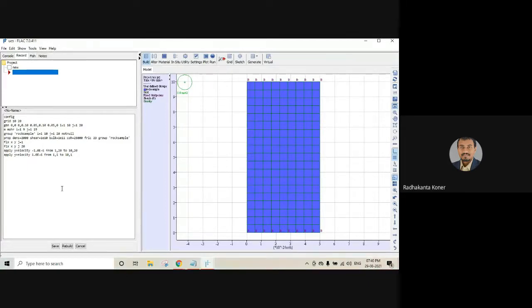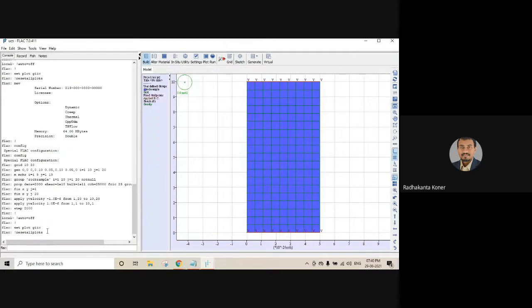So my sample is generated, the material is defined, it is not null, the boundary condition is defined, and now the sample is being pressed by both the upper platen as well as the lower platen. Now you run for 1000 or 2000 steps. Okay, the run is done. Why have I run only 2000 steps? To show you a quick result of the estimation. Now you plot the YD field.